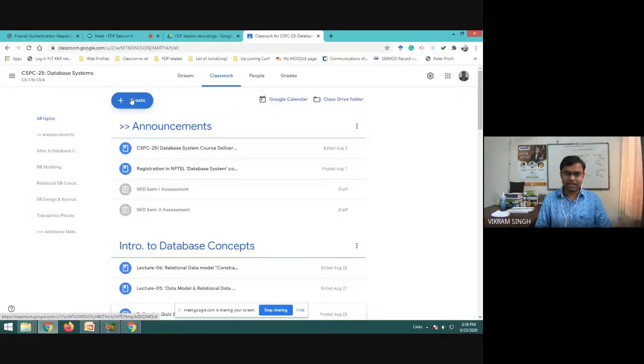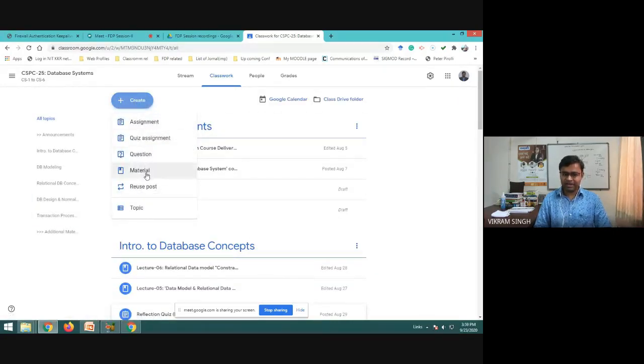So material and assignment, quiz assignment: these two are something we are doing in a frequent way. There is one additional feature which was plugged into Google Classroom in recent years. It is called rubrics-based assessment. This rubric-based assignment is a kind of qualitative and quantitative assessment of some assignment or examination. This rubric-based assignment will be discussed on, I think, the 26th of September, and our expert will be Dr. Sriram Pandey, right?